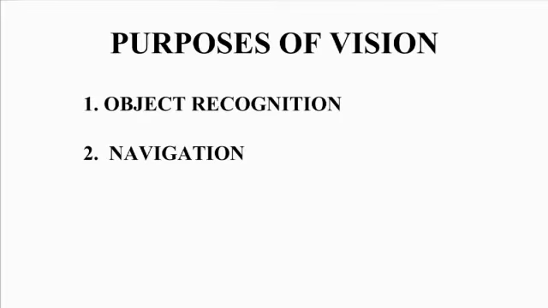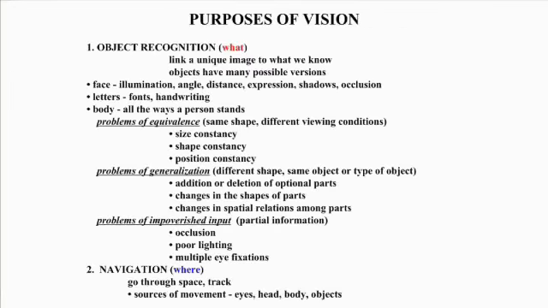And the second one is a little bit different, navigation. Getting around in the world, when you're running, when you're jumping, when you're reaching to grab something, you're not usually so much interested in what something is as where you're moving, where you need to move to avoid something being thrown at you. So 2 big purposes of vision, what things are and where they are, so you can navigate around quickly in the world.